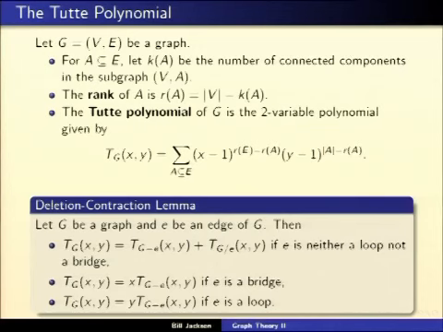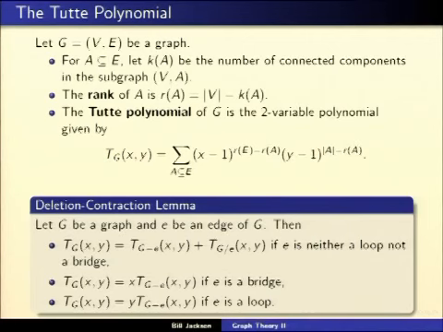The Tutte polynomial is a polynomial which generalizes lots of polynomials. In particular, it generalizes the flow polynomial and the chromatic polynomial. So you can define it by this closed formula. So we have